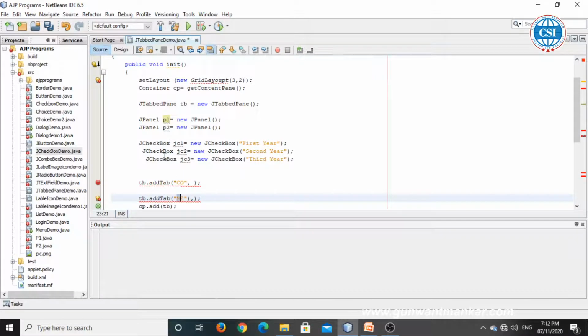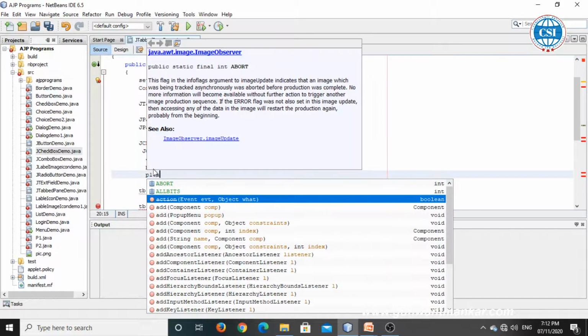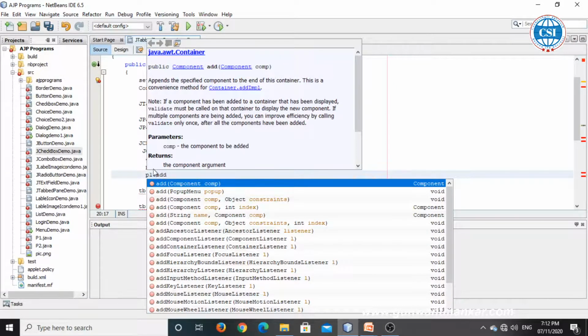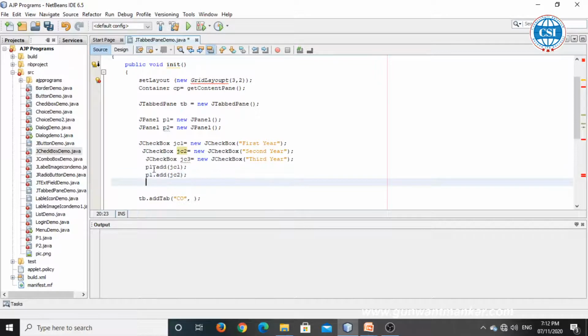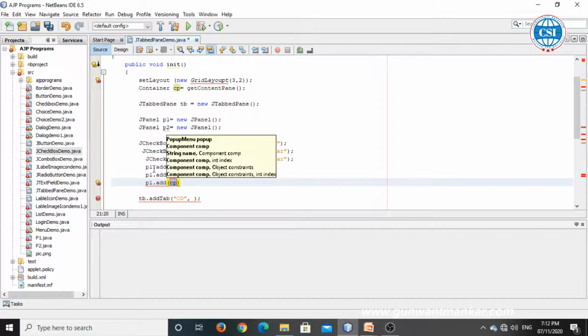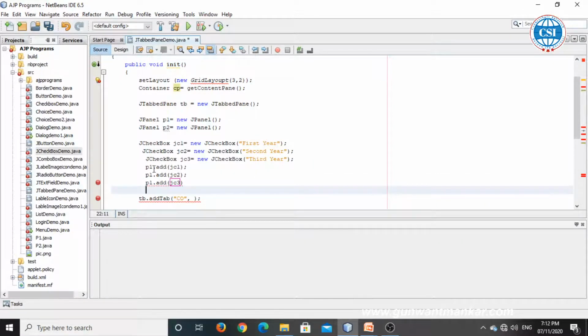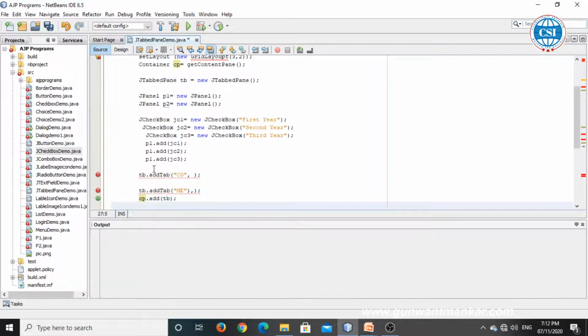So in the P1 panel we add three checkboxes: p1.add(jc1), then p1.add(jc2), then p1.add(jc3). Now we have added three checkboxes in the P1 panel.